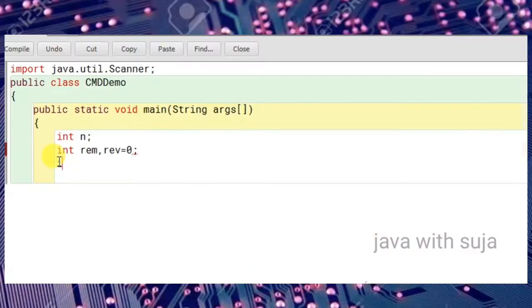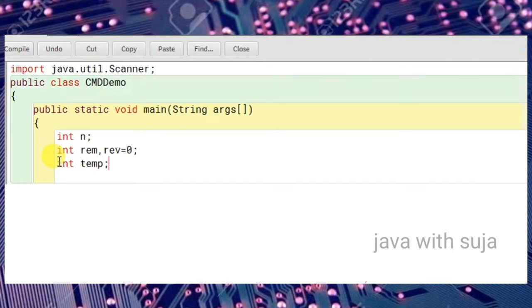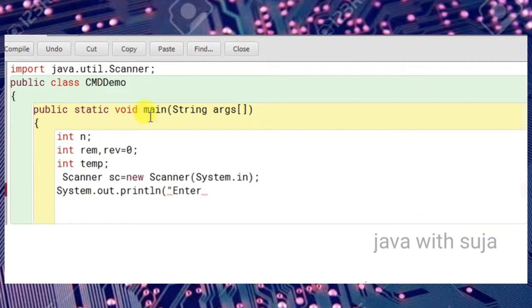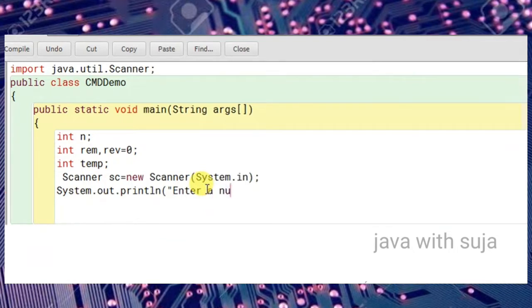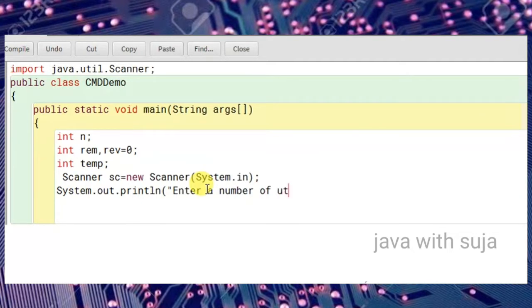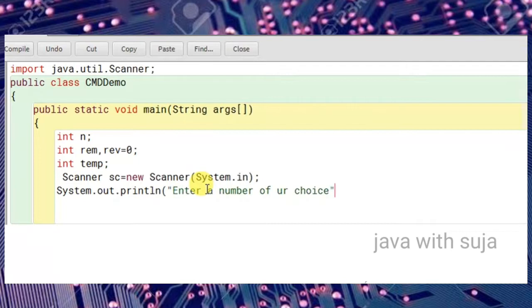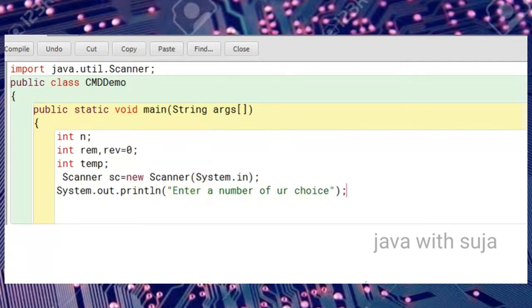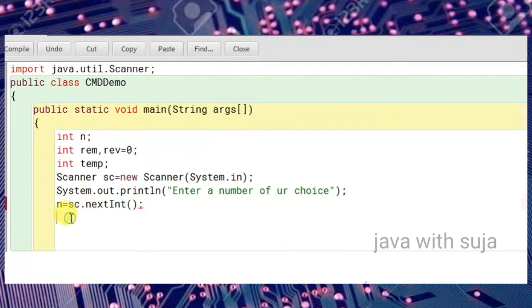To see the execution of this code, here we have used the class name cmd demo, and the function used is the main method. The main method is considered the entry point or starting point of program execution in Java. At the end of this session, we will see the working of the main method in detail. Here you are prompting the user to enter a value through the use of the scanner class. Here we have used the condition n not equal to 0, which means when the value of n equals 0, our loop will get terminated.